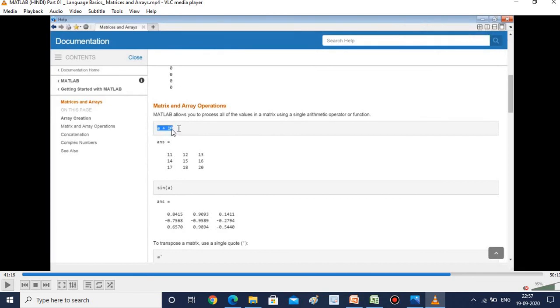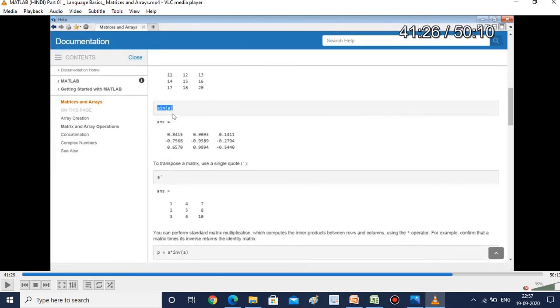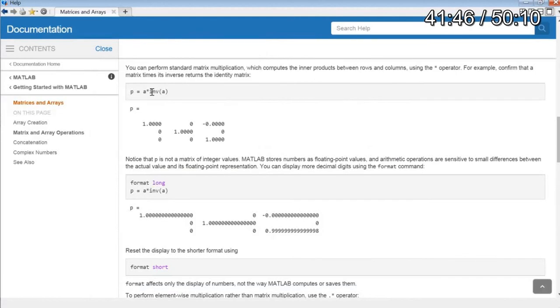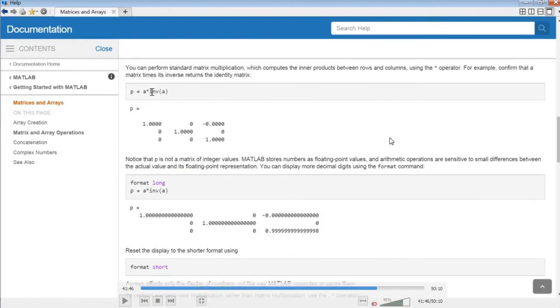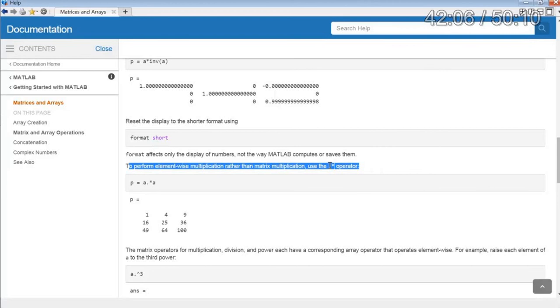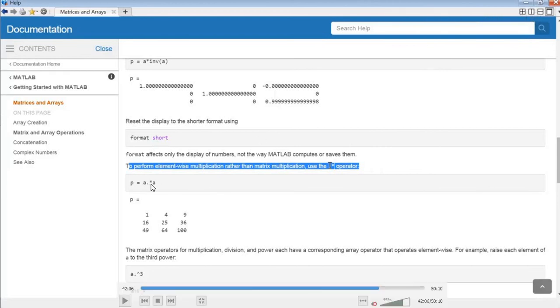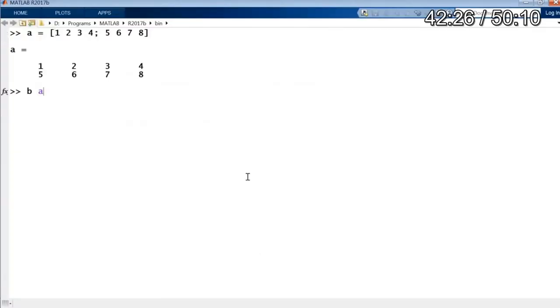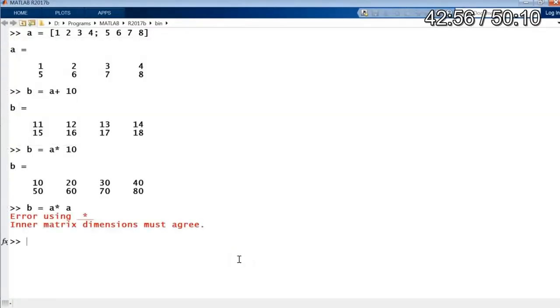A plus 10. Some A matrix is there, and what plus 10. So whichever commands I have used so far, I have taken from here only. Even the sign of A. Even the transpose of the matrix by using a single quote. In the help, they will describe clearly. So what are you supposed to take? A universe is available. And what does the dot star operator mean? Element by element multiplication, right? Dot star means even that you can use. Any examples?